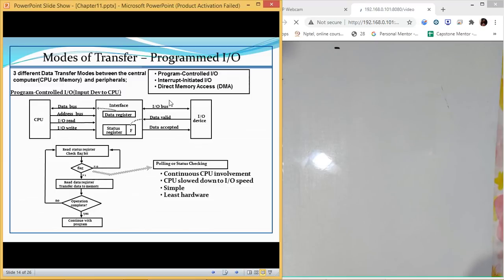In the last case, which was program controlled input output, the CPU was itself checking this flag bit again and again. But now in the case of interrupt initiated input output, the CPU is not going to check it again and again. It is the responsibility of this interface to inform the CPU once this status register is 1.